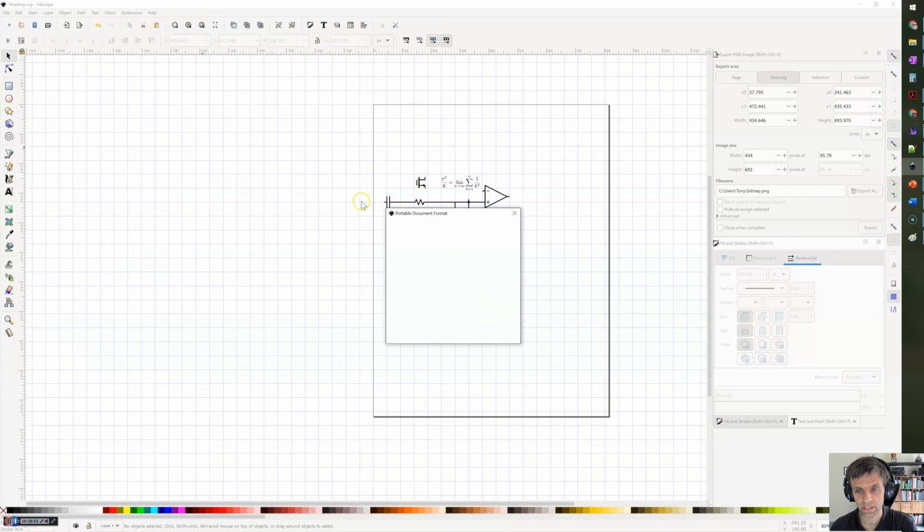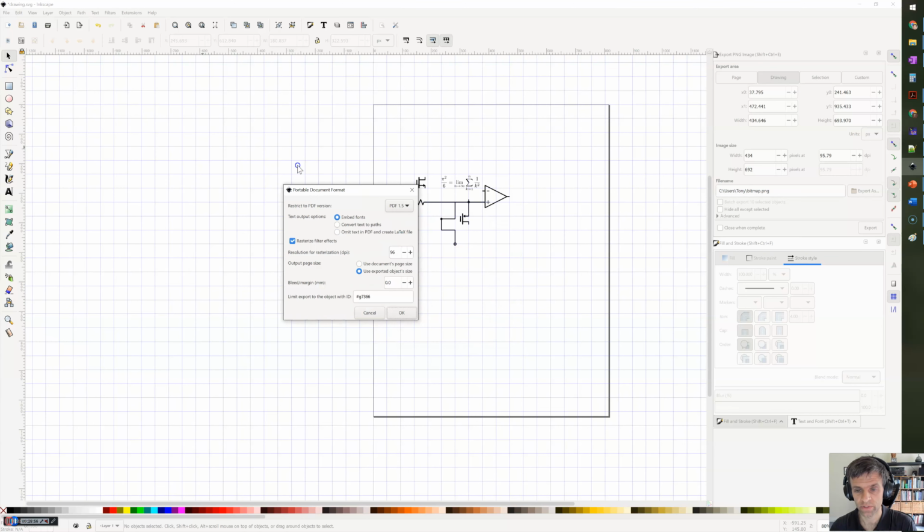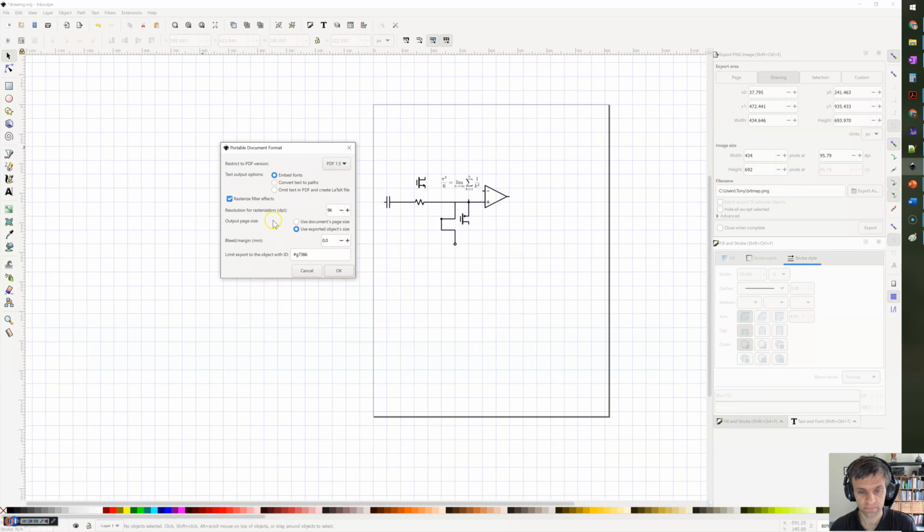And when I do that, it's going to present me with a secondary dialog here. So this is important. If I just export using the document's page size, what it's going to do is create a PDF that is the size of the whole page, and it's just going to have mostly white space with a little bit of figure in it. But if I'm going to embed this in a LaTeX file, I really just want the PDF bounding box to be the same as the actual objects that I include in the figure. So instead, I'm going to use the exported object size here. If I make that selection,